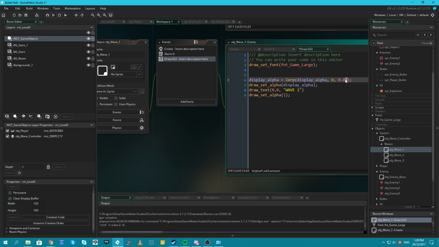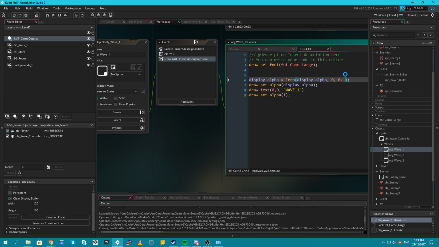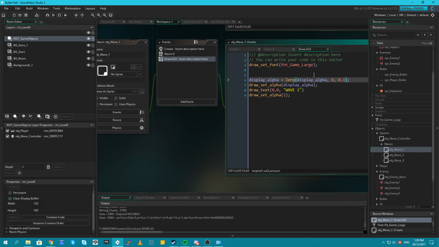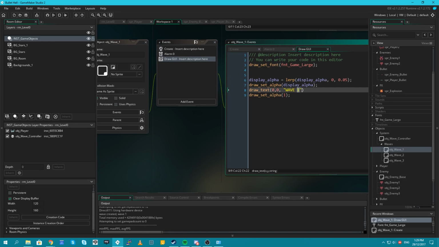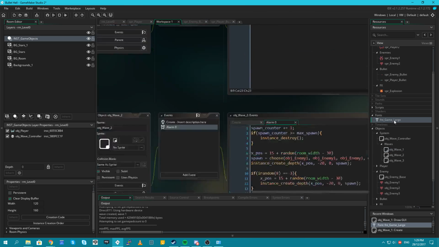It just goes down. 0.05. Just playing with the numbers now to have a look. There we go. Wave. So what I want it to do is say wave, and then I want a bigger font, even bigger than this.